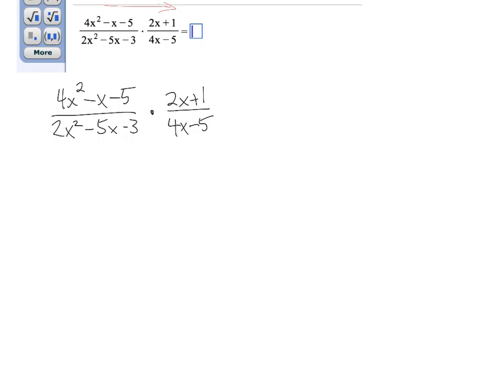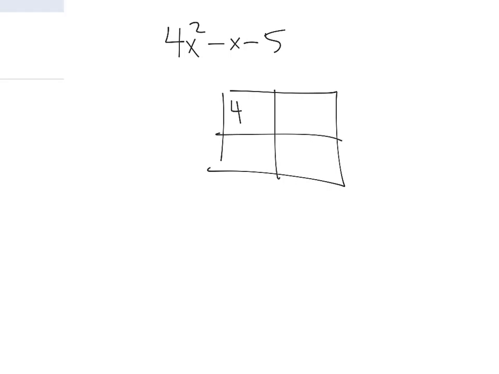But we know, or at least we suspect, that this expression and this expression can be factored using that box. So we got 4x squared minus x minus 5. So I'm going to go over here. We've got 4x squared minus x minus 5. And so we're going to do our box. And we know that 4x squared goes here and negative 5 goes here. We're guessing it's going to be 2x and 2x, but we don't really know. And then let's see. It's actually going to be, okay, you know what? I see already that it's going to be